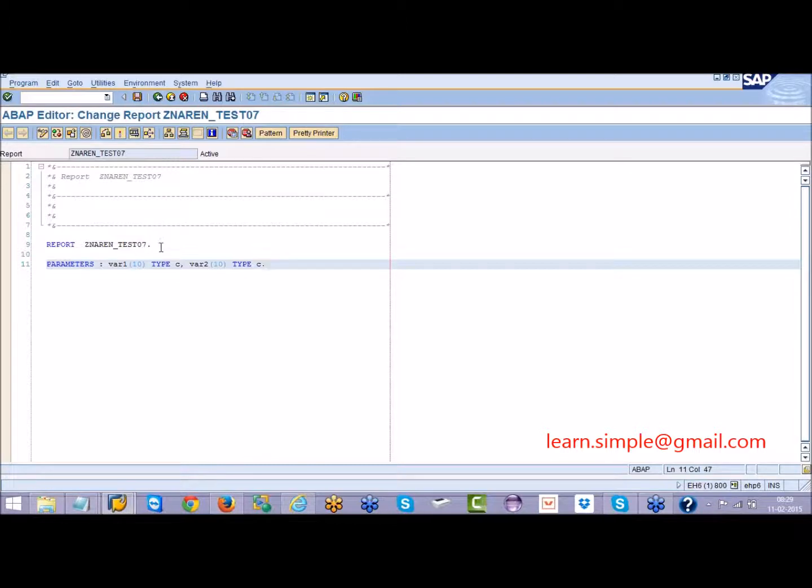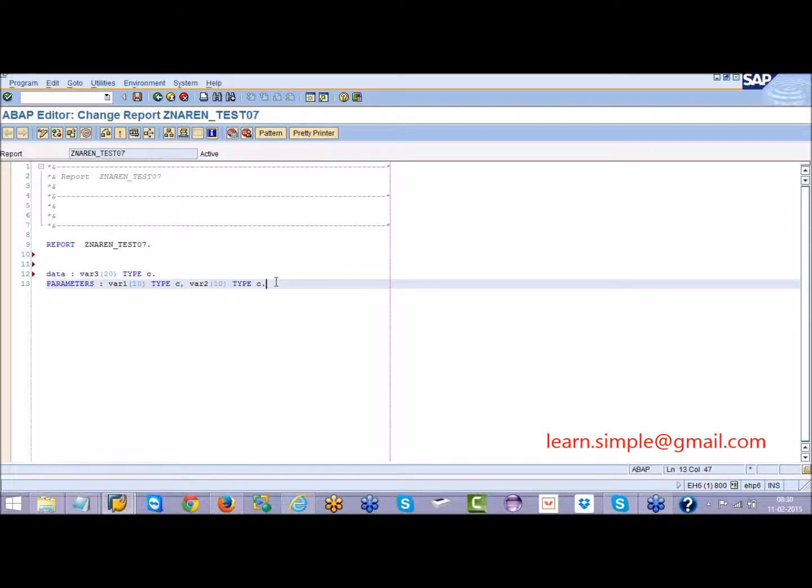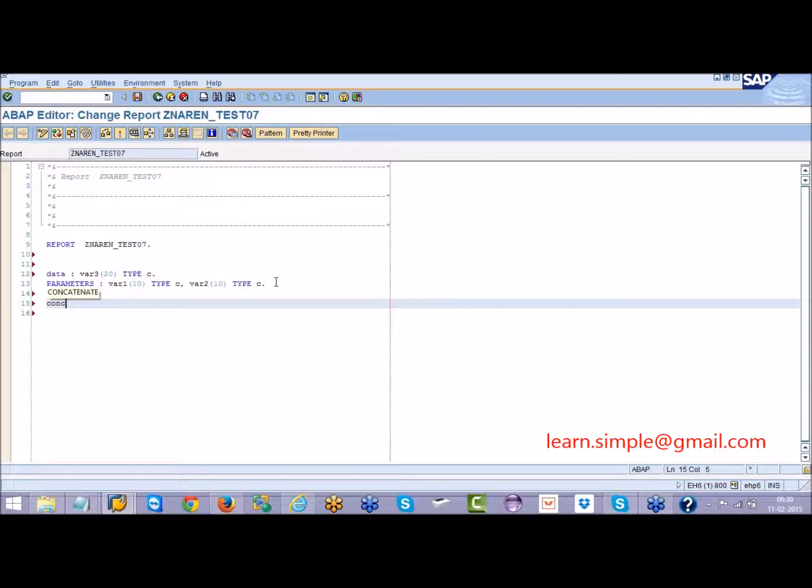So how to do that? Declare another variable here, data variable 3, which can hold 20 characters, type C. And now the keyword to put these two variables together is: you can say concatenate variable 1, variable 2 into variable 3.